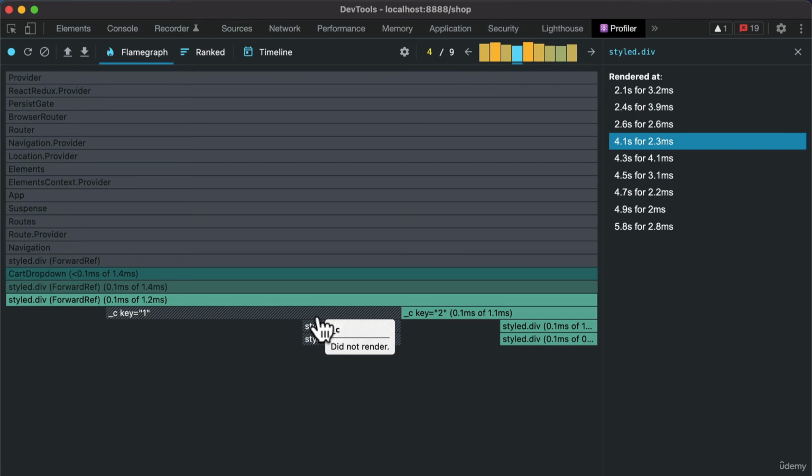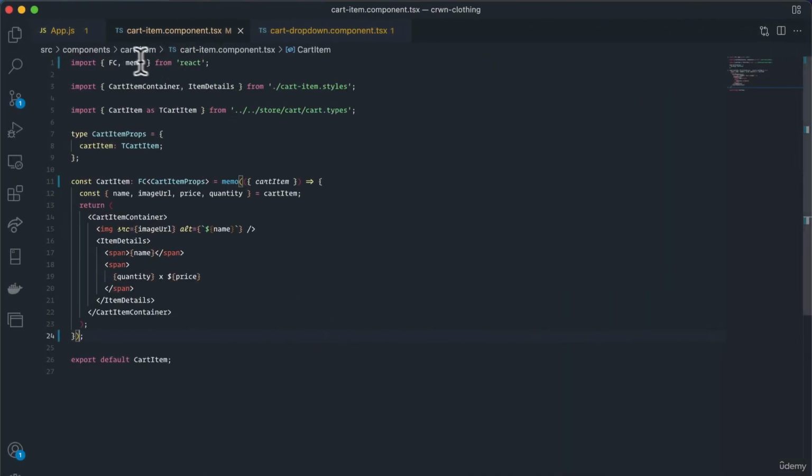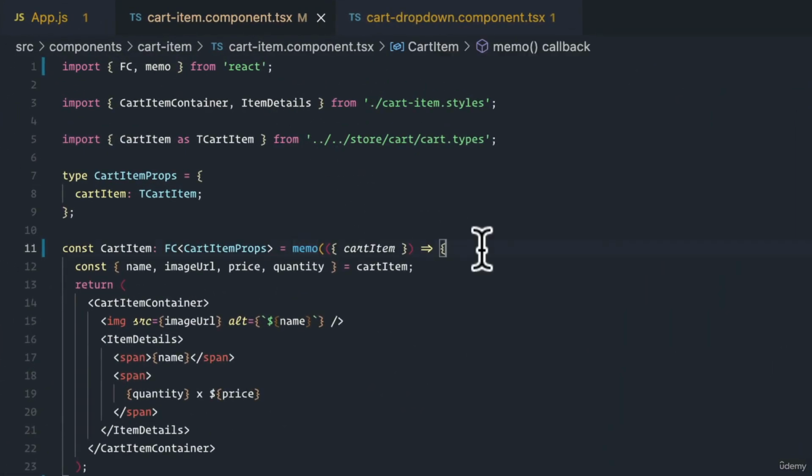And using this profiler, you are now able to also profile throughout your application and try and see if there are any places where you need additional optimizations. And combined with this memoization tool, it allows us to properly update the appropriate components and re-render the ones we want to target only when they need to be updated. So this is a really handy tool. You pretty much just need memo and the profiler. Check around the application, click around, profile some events, read through some of the components, see if there's anything that